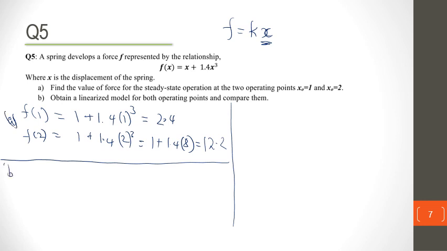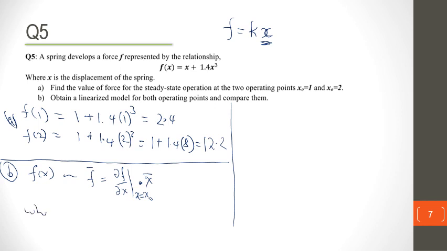Question B says, obtain a linearized model for both operating points and compare them. So we want to obtain a linearized model of this, and we know that by Taylor's expansion, if you have a function f of x which is nonlinear, the linearized model of the function would be f bar is equal to the derivative of f with respect to x evaluated at the point x0, times x bar,